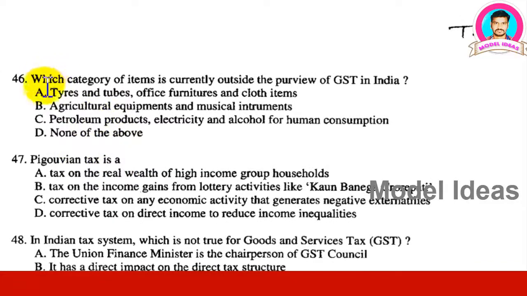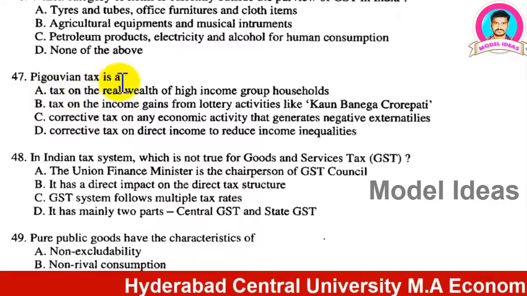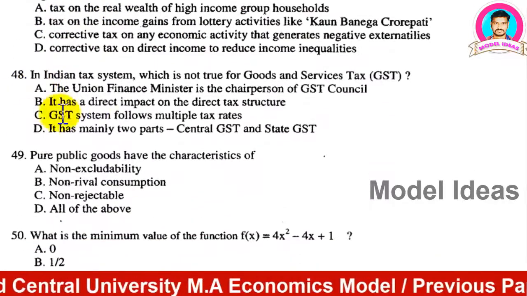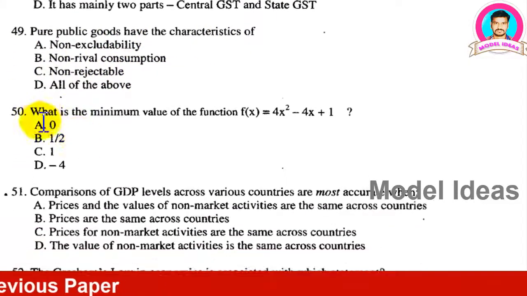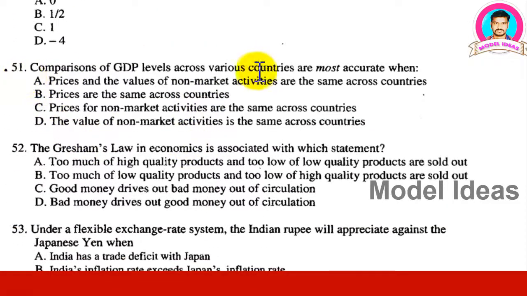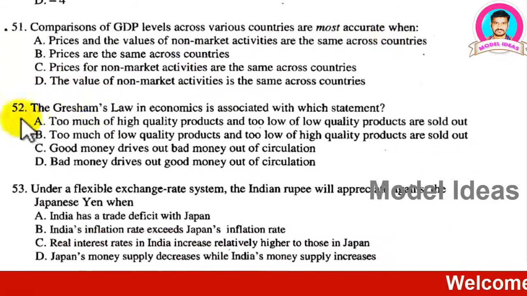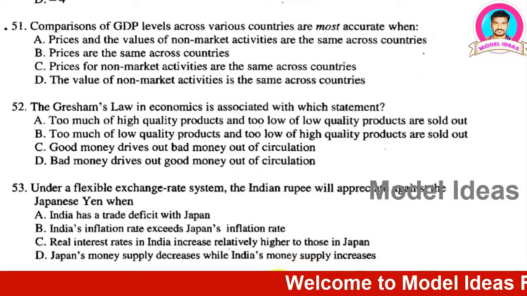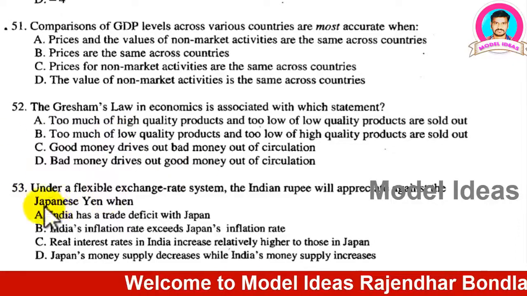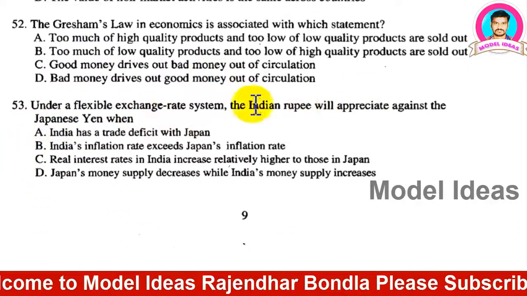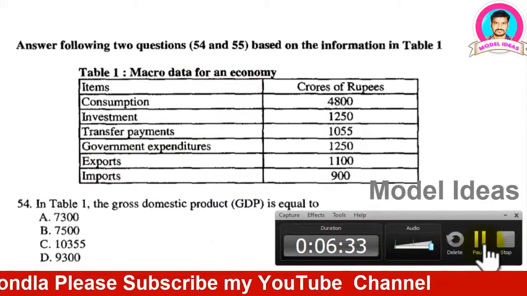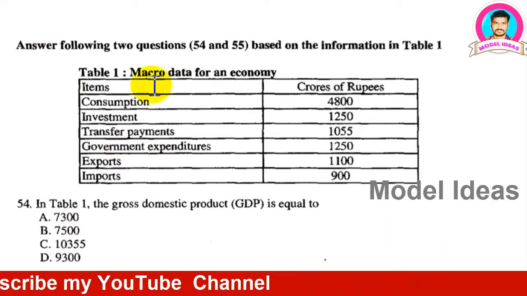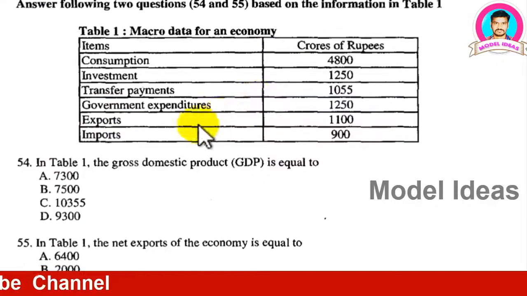Next question number 46, 47, question number 48, question number 49, 50, 51, 52, question number 53. Now there is an item box that you have to read. 54th question,